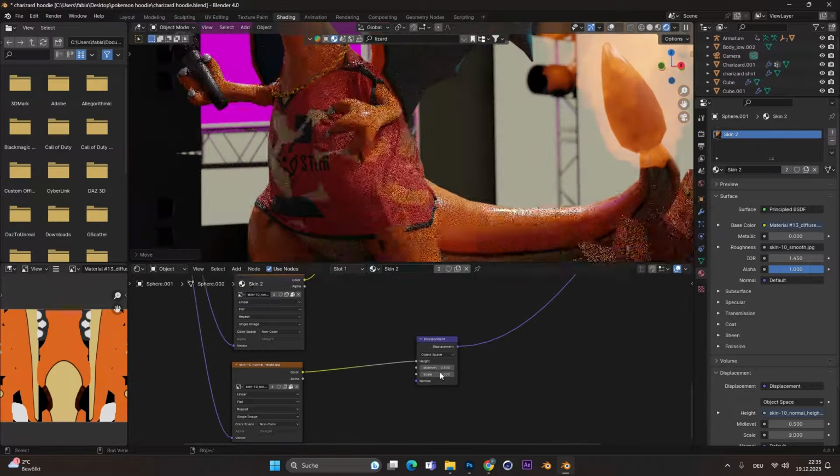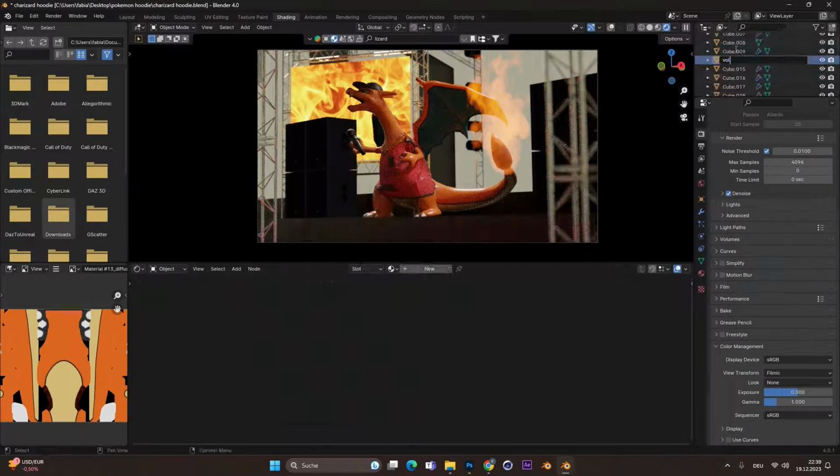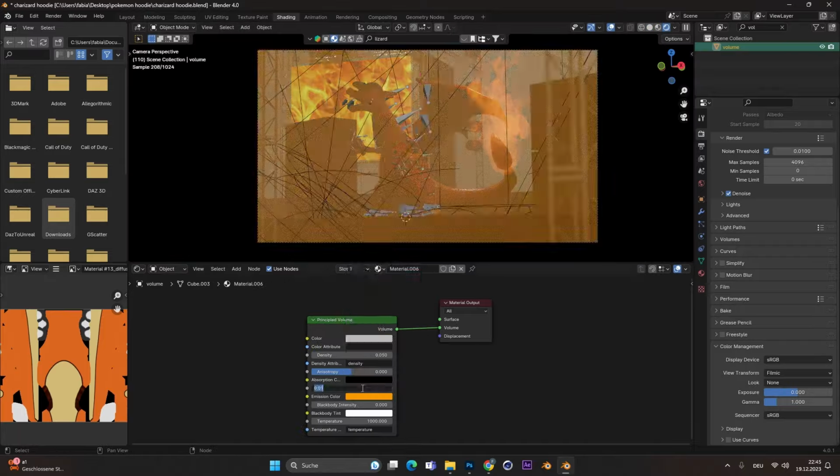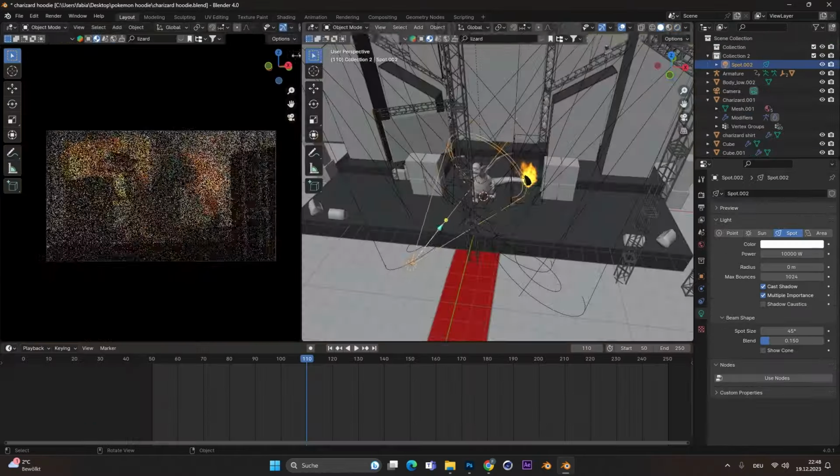I tried to change the skin texture but it didn't really work out. I added some fog, some glow and rendered the whole thing out. And the final result is